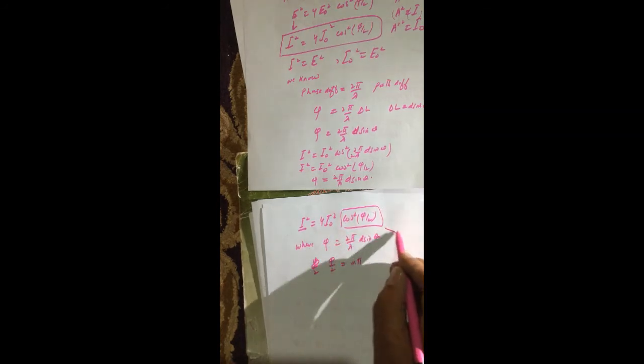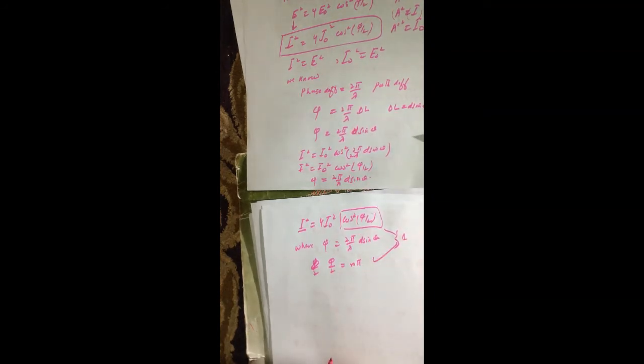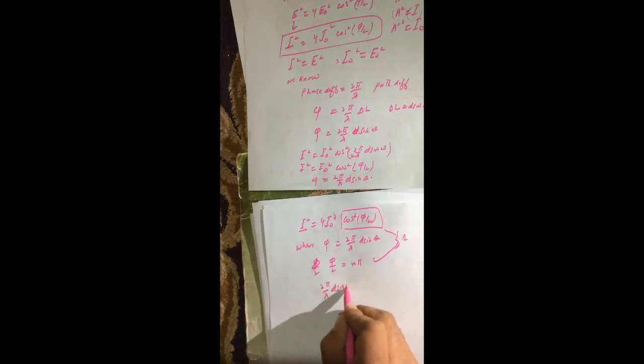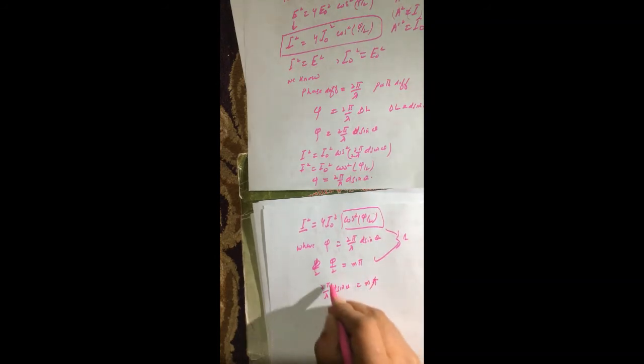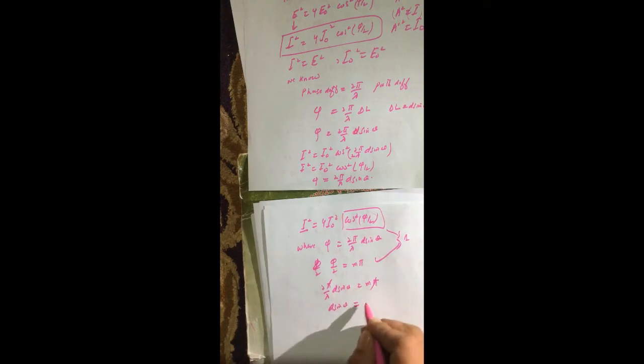Its value will be 1 for this value. But we know that phi by 2 is 2 pi over lambda d sine theta is equal to m pi. Pi cancels with this pi,